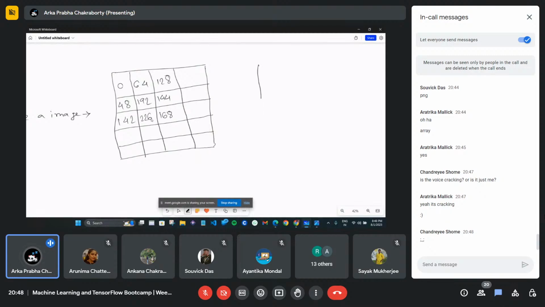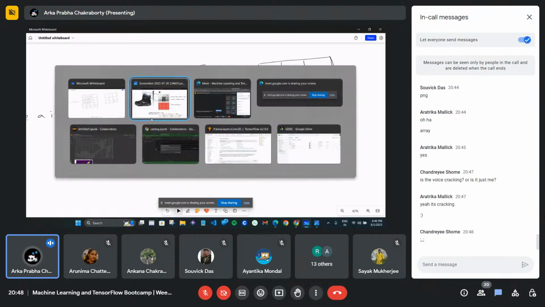So what is my filter? A filter will be a kernel, like the values of a matrix. You can take a 3 cross 3 matrix or 4 cross 4, based on your choice.